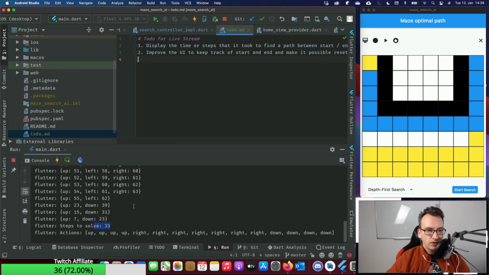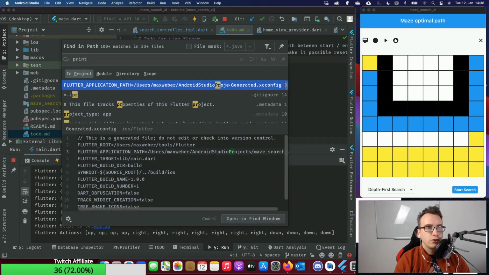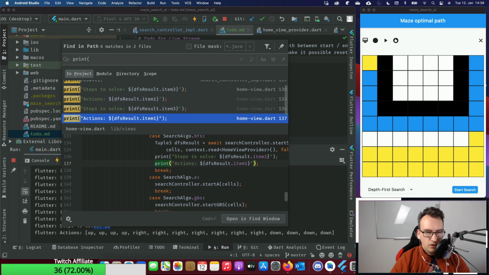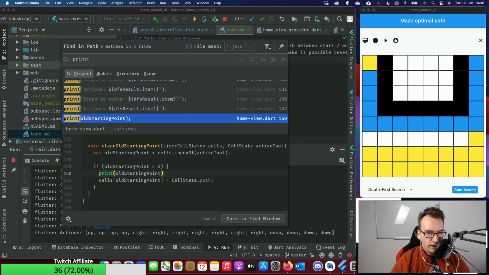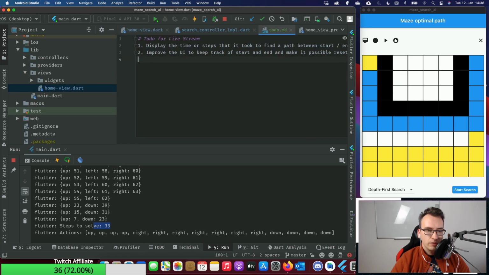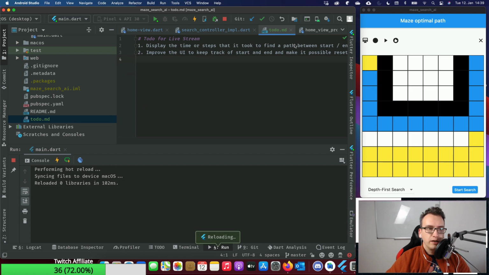And I think we also still print a lot. So let's search if we can remove some of these prints. Steps to solve, that's okay. But what I don't like is the old starting point. Ah, yeah, that we definitely don't need.